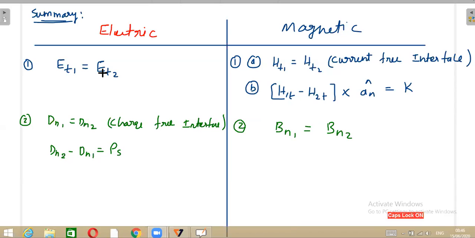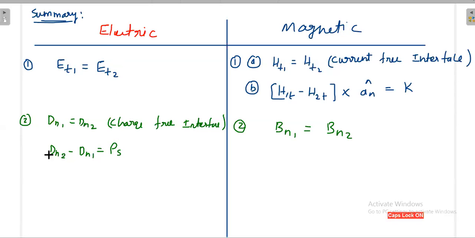That is the main idea you should note down. Okay, so finally, what is the answer for conductor interface? Once you have a conductor and dielectric interface, the tangential field component across the conductor interface is vanishing. Yesterday also I gave you an exercise: what is the tangential component of electric field on the surface of the conductor in region 2? I don't know whether you have done it or not.